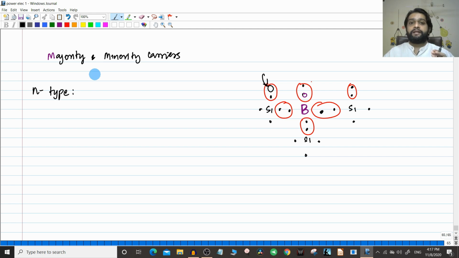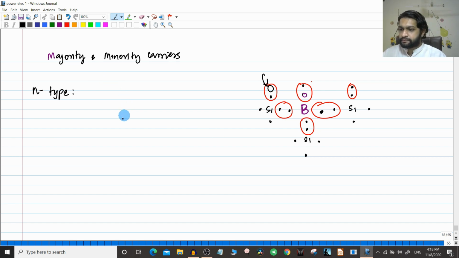But in an n-type material, there are free electrons which are provided by the donor atoms. Therefore, in an n-type material, the number of free electrons will be much higher than the holes which are available. Because holes are created by a natural process. But when you put in a pentavalent impurity, it is not creating any hole. It is naturally providing you with free electrons, because we have seen that every donor atom will provide a free electron. But there are holes which are created due to the natural process also.